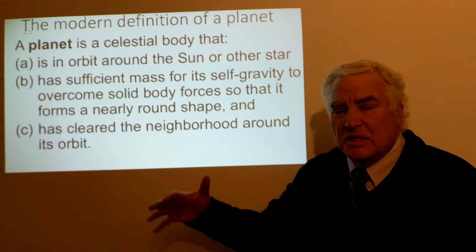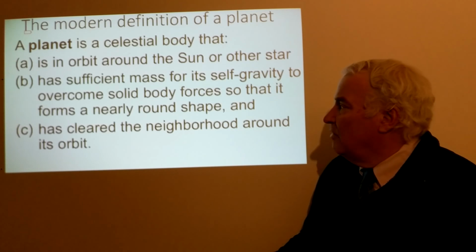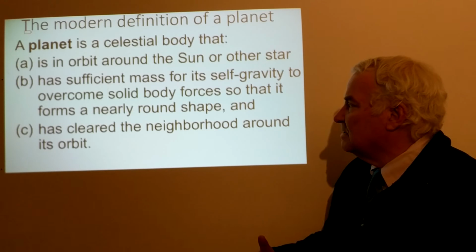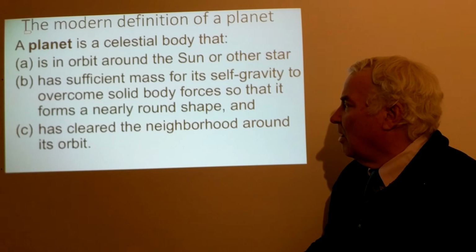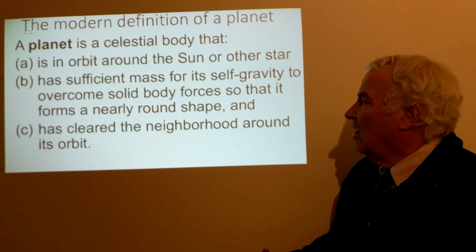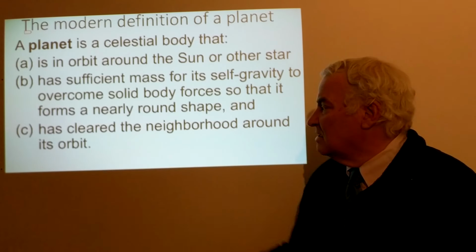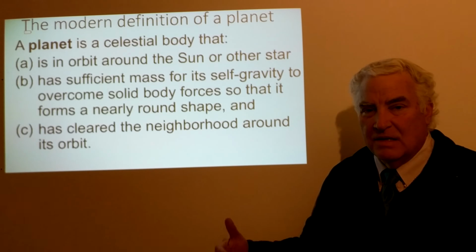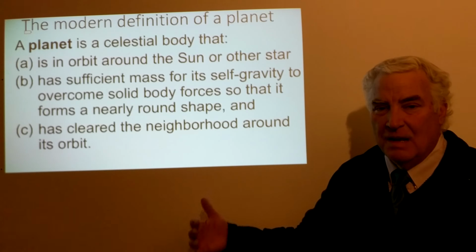So this means it needs to be big, and this makes these interesting because a planet has geology. It has sometimes, at least in the past, had some structural processes take place, whereas it's just not a rock floating out in space. And the third thing is that it's cleared the neighborhood around its orbit. And we know that the planets in the solar system, Mercury, Venus, Earth, Mars, Jupiter, Saturn, Uranus, and Neptune, all